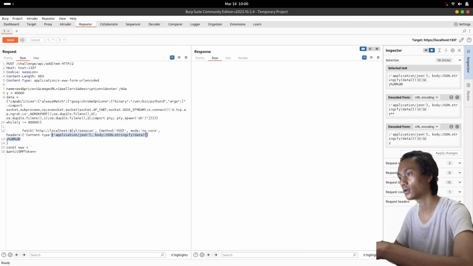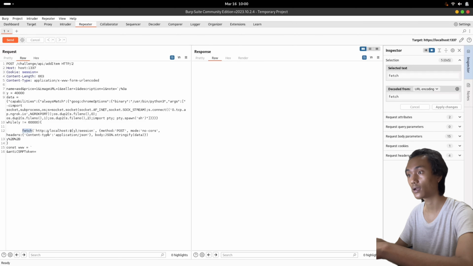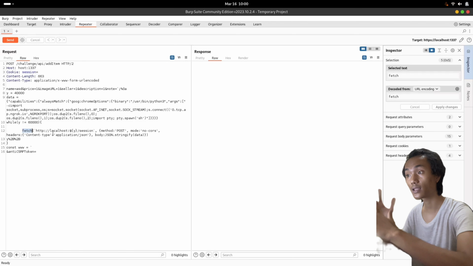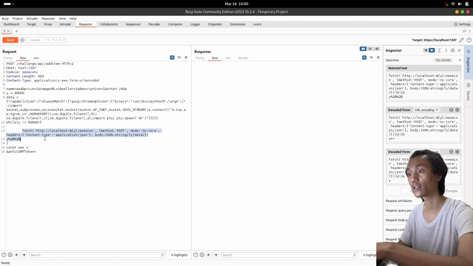with mode no-cors. Because we just fetch and don't need to take the data, the browser will still pause, but we cannot take the data.